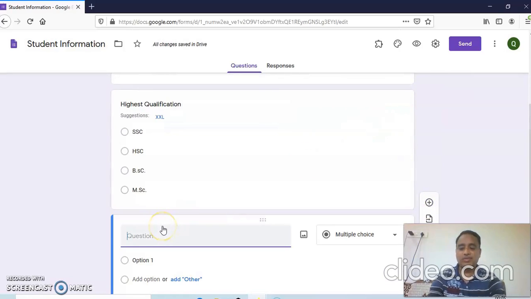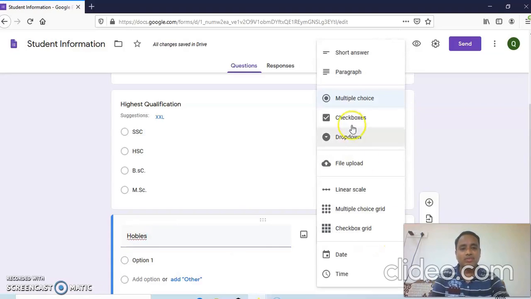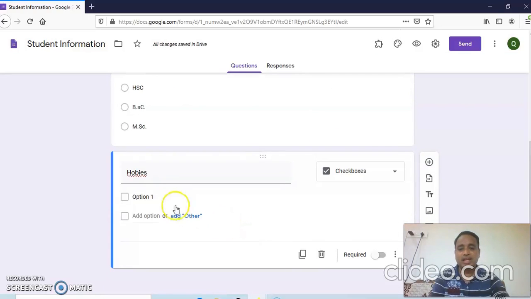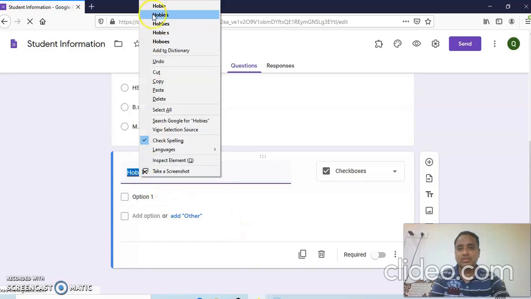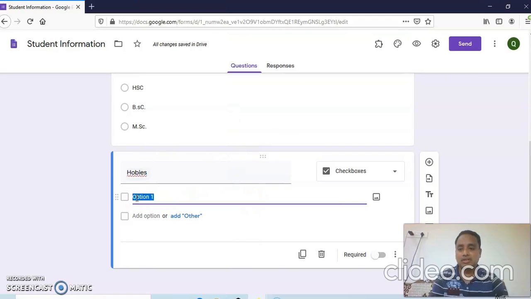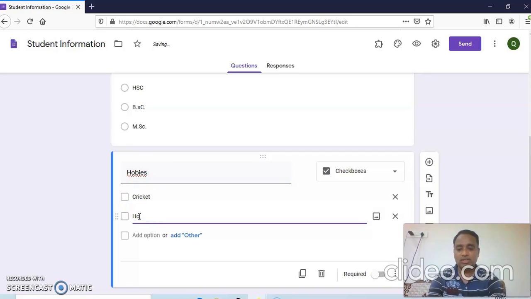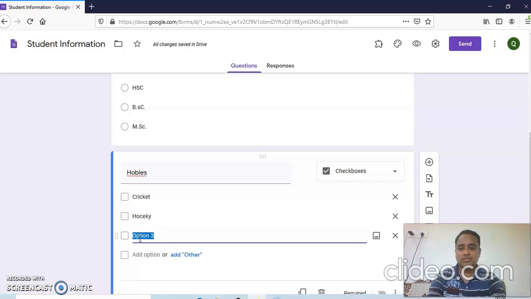Now the next question we have to add is hobbies. What are the hobbies? More than one hobby can be there, so we have to use check boxes as the field type. Now here are the hobbies: cricket, hockey, and football.